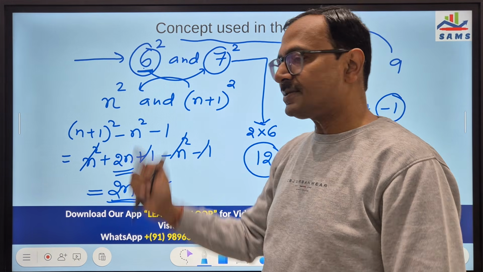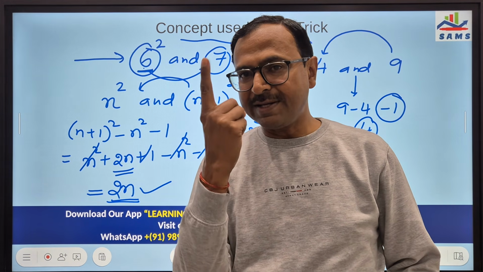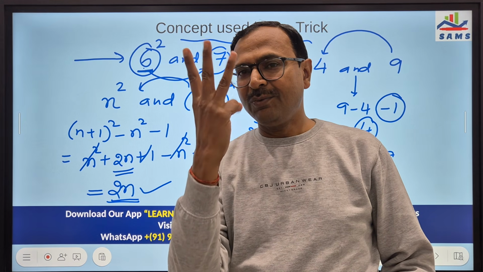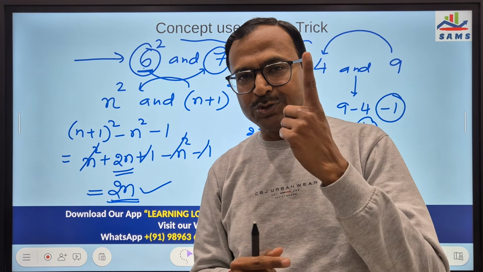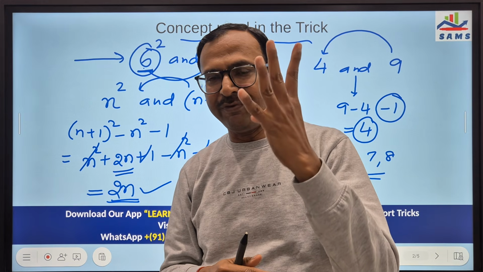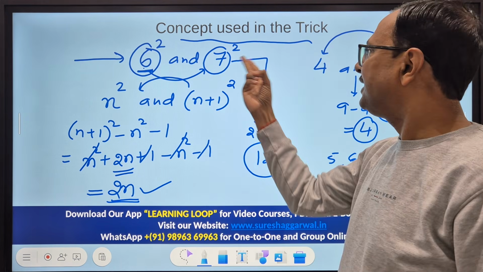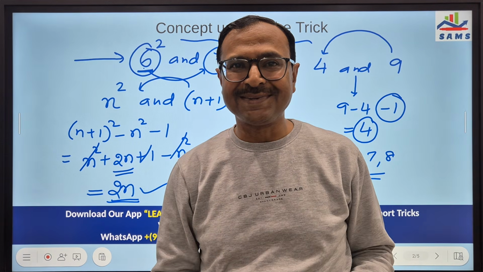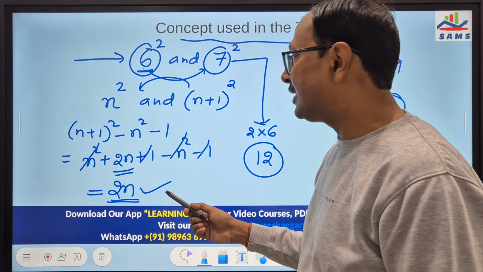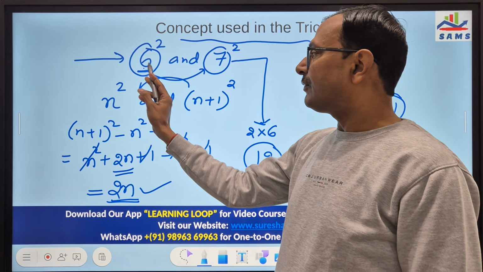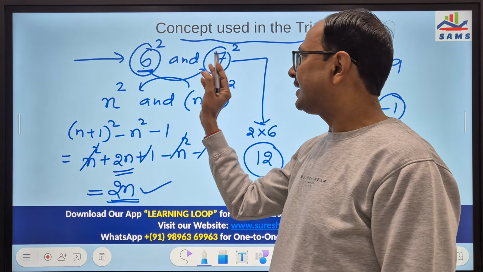6 square is 36. So if we start counting, 37, 38, 39, 40, 41, 42, 43, 44, 45, 46. 10 numbers, 47, 48. And here we have 49. So 12 numbers. And so the simple rule is, consider the smaller one as n, the larger one is n